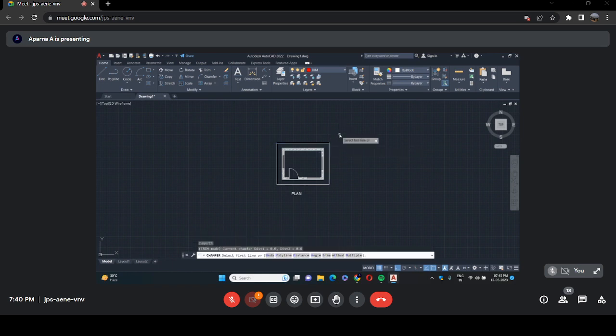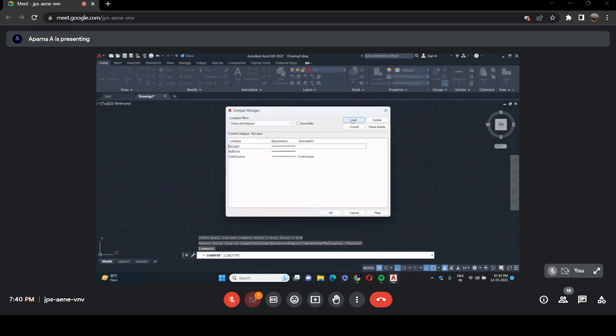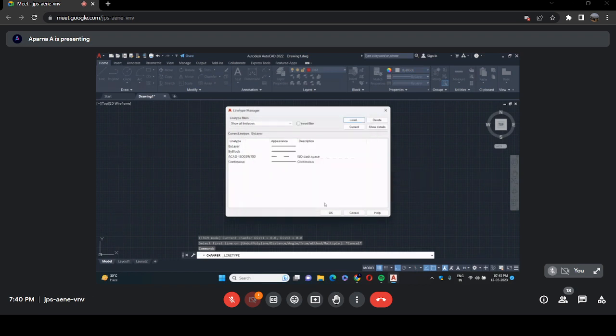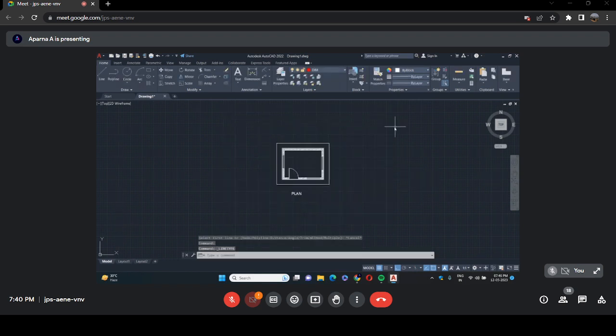Usually for projection lines, we use dotted lines. For that, let's select dotted line. If you don't have dotted lines, press other and click on load, and you can select the dotted lines. Okay. Then from here I can select the dotted lines. Before that I need to select the